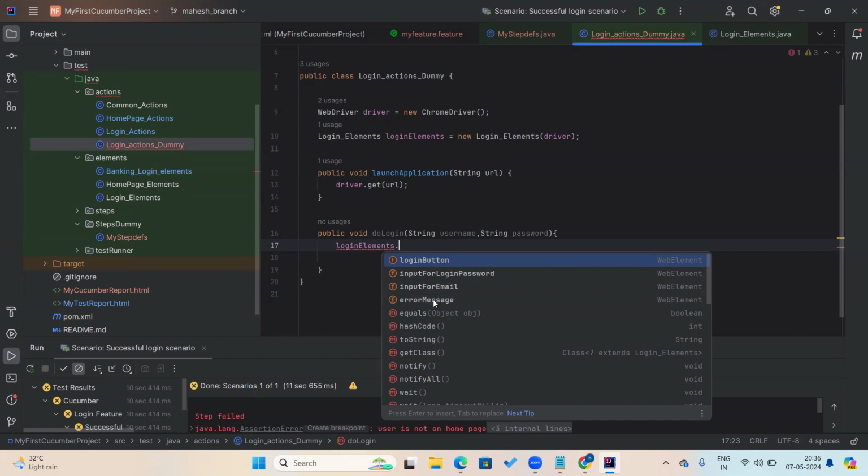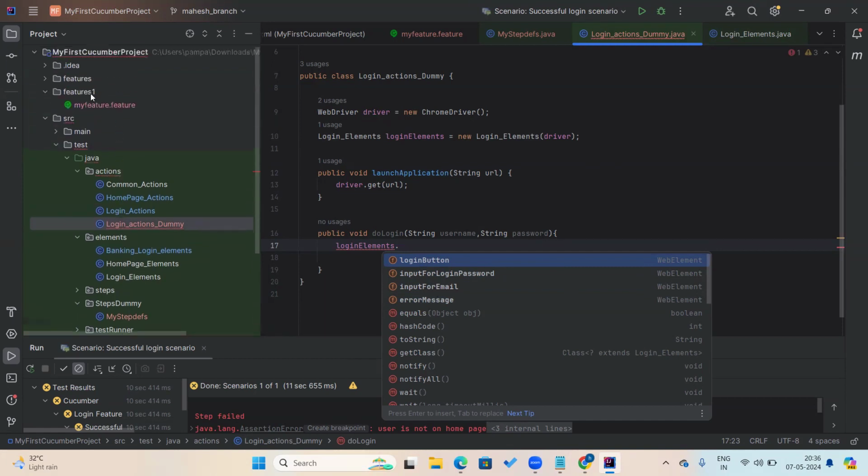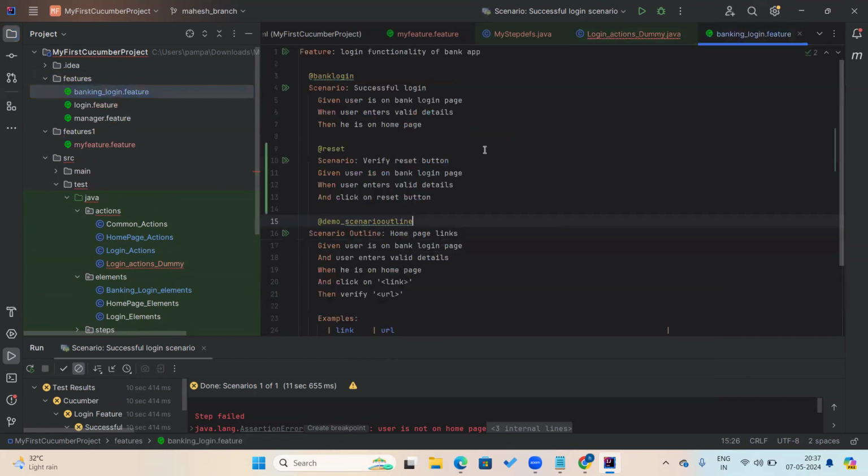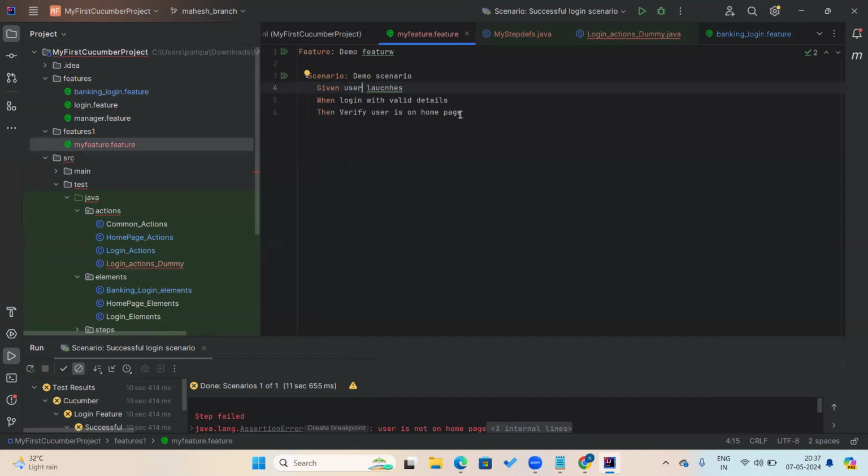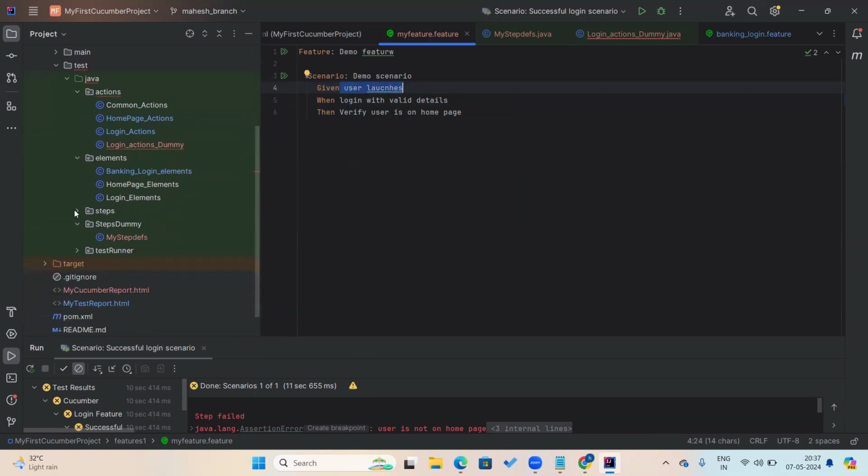So this is the way of interacting with the elements. This is the connection. First of all, we will create features, and after we create features, we have to write some scenarios. So this is where our dummy is. From this, we will create a step definition for each and every statement that we write here. Those step definitions will be added in the steps directory,